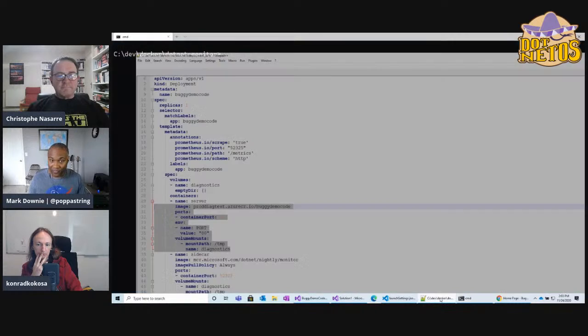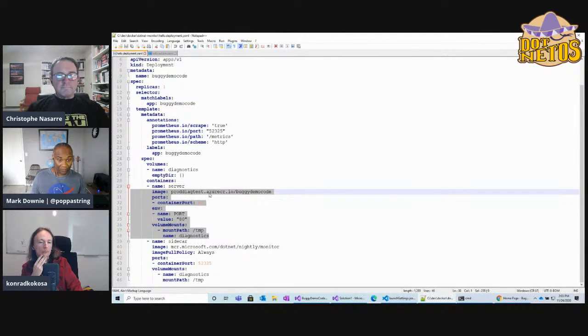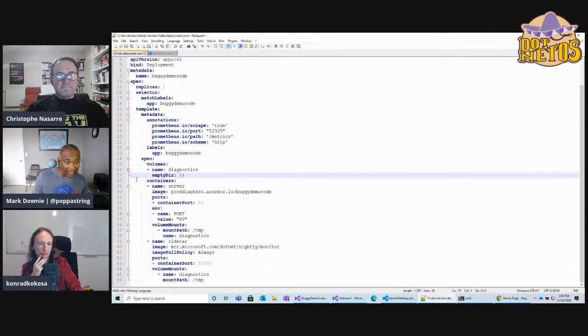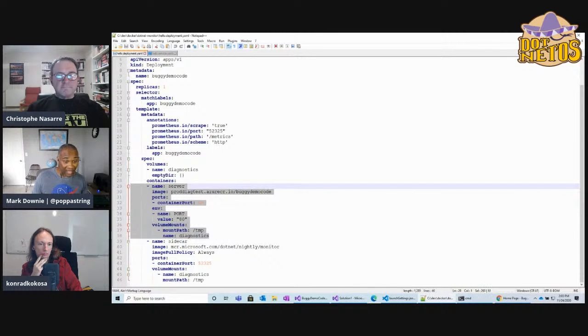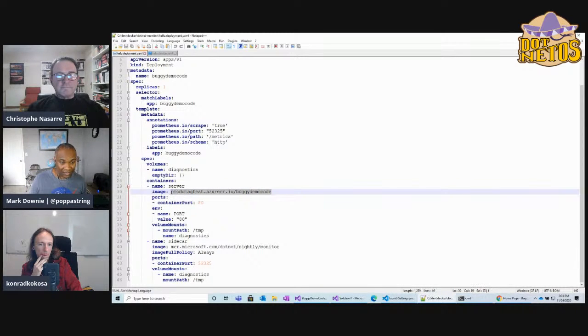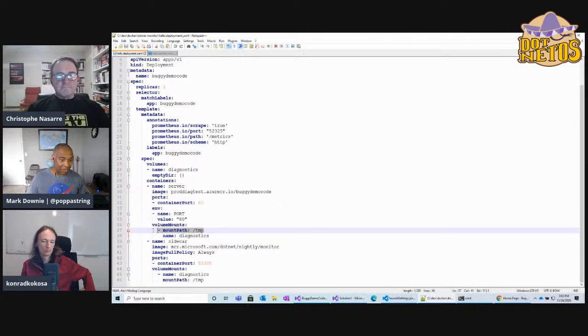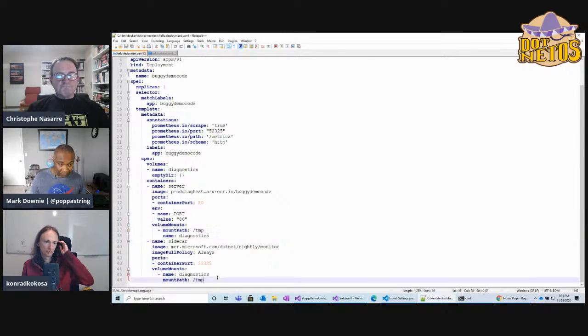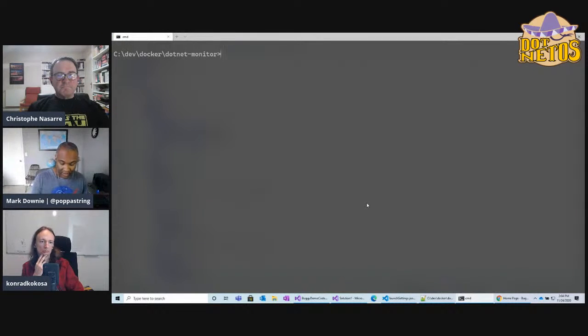So let's start with the YAML file. This is my deployment YAML file. You'll see at the bottom here, I've defined two containers. The first one is the actual app. It really doesn't do anything, but I just wanted to have something for you folks to see. So I've deployed the image here. And then there's the sidecar container, and that has dotnet-monitor. You'll also notice one other thing I wanted to make sure you were aware of: there's a mount path temp here that is essentially a diagnostics path between these. It uses that to communicate via Unix domain sockets. And so I've deployed this, so I'm going to go ahead and